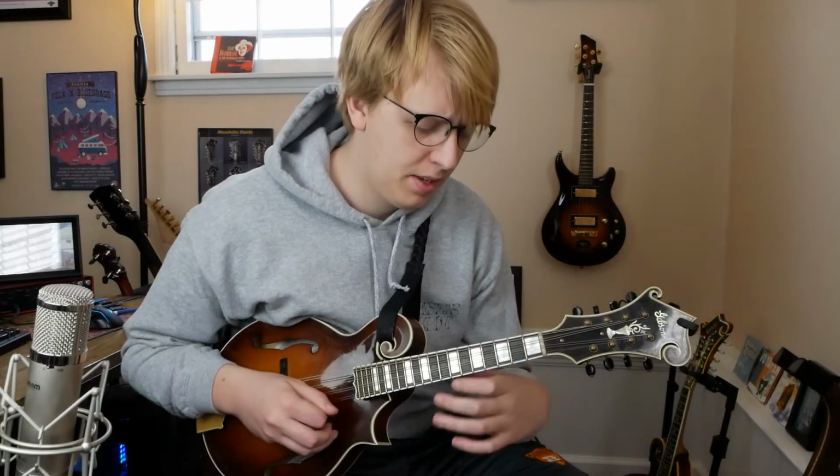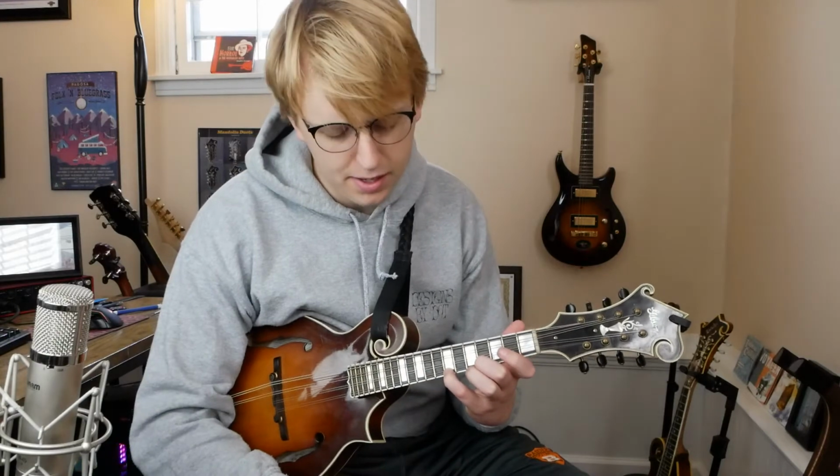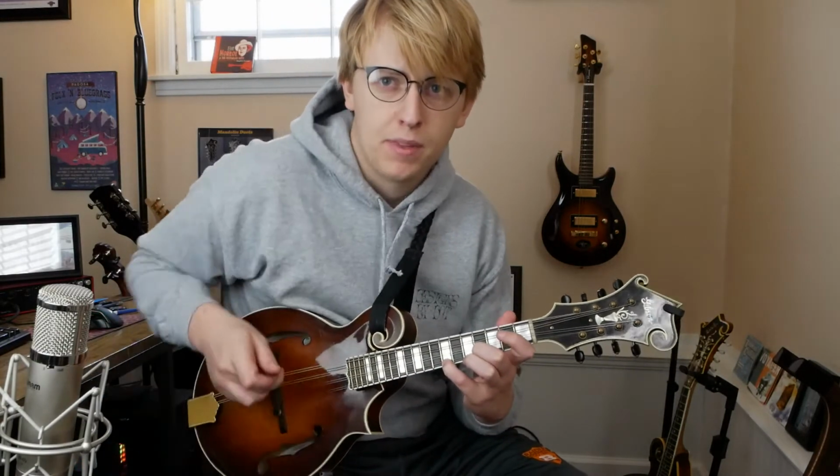So the pickup notes that we're going to start out with, just starting here on this B note, that's the second fret of the A string, open E, and then the fourth fret, that's G sharp on the E string, and then hammer on with our pinky. Definitely use your pinky here to the B note, that is the 7th fret of the E string. So our first phrase with those pickup notes,